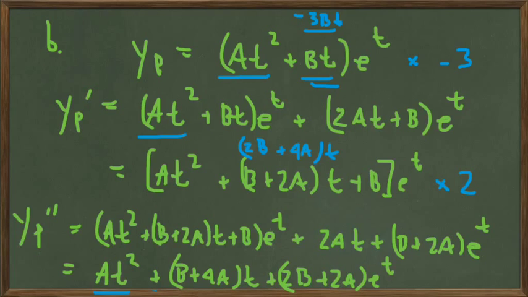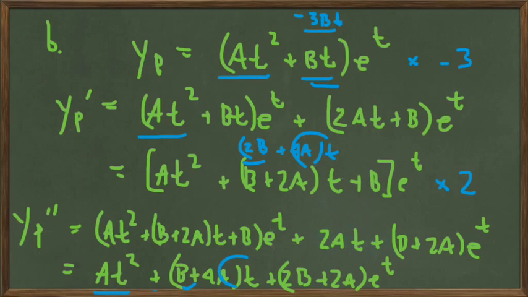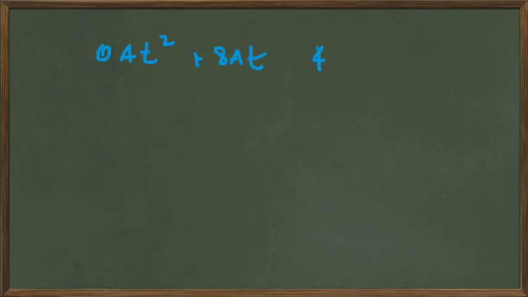The minus 3b and the 2b and the b cancel out, and the 4a and the 4a combine together to give 8at. And then if we do the constant, we've got what? ab from here, and then 2b plus 2a from the last, or it's b times 2, so it's 2b from here, and 2b plus 2a, so it's 4b plus 2a